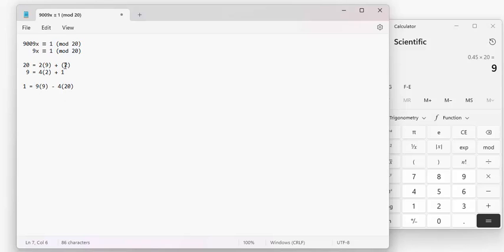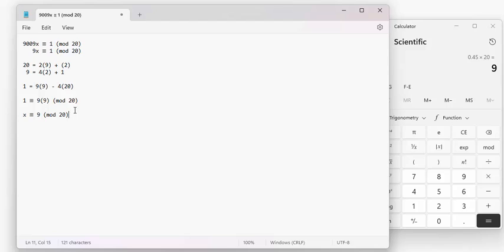So if we put back everything as mod 20, what we get is 1 congruent to 9 multiplied by 9 mod 20. And comparing back to the original simplified version of the congruence that we have, x is obviously equal to 9. Oh, sorry. X in this case is congruent to 9 in mod 20,